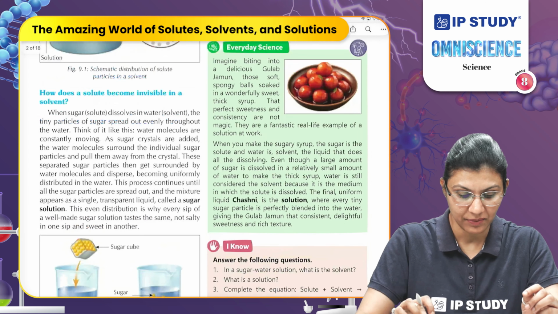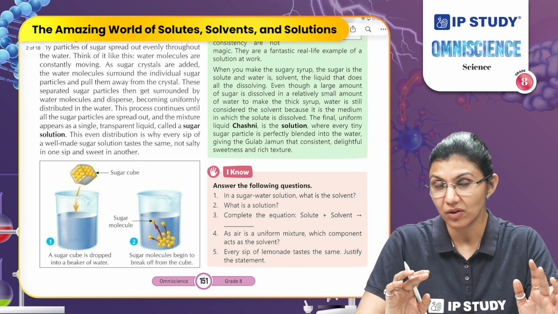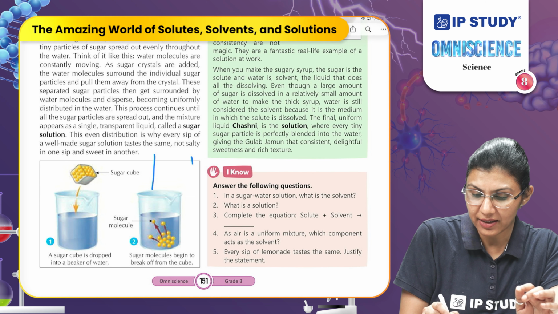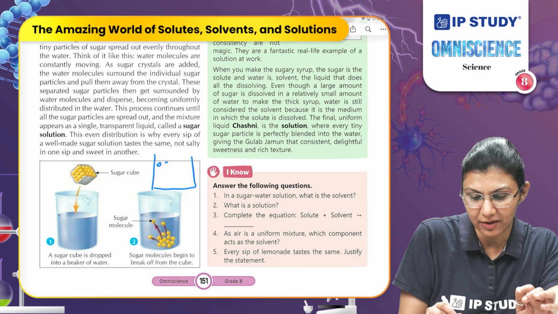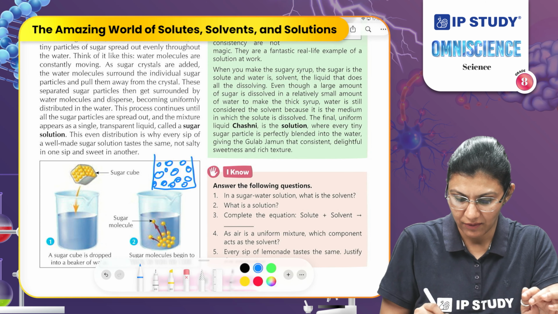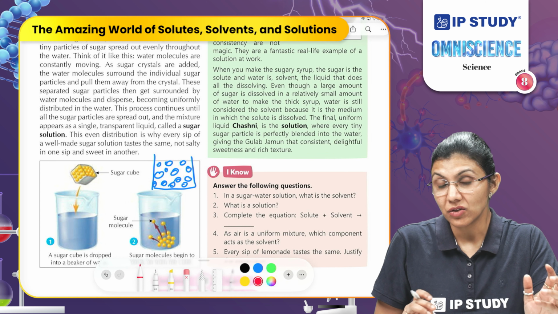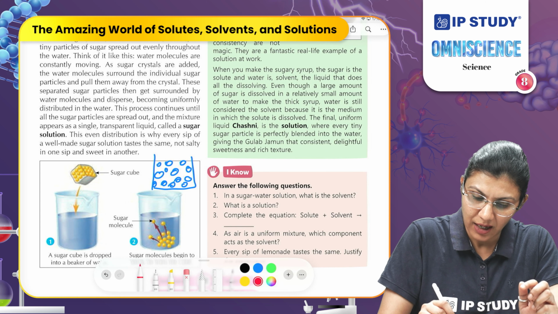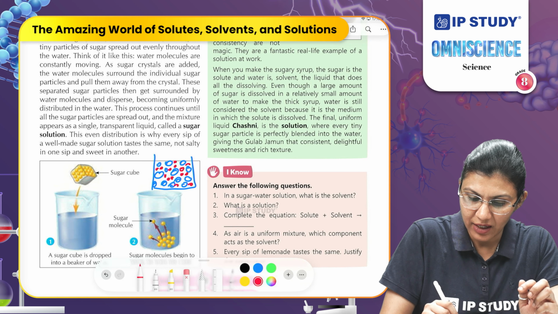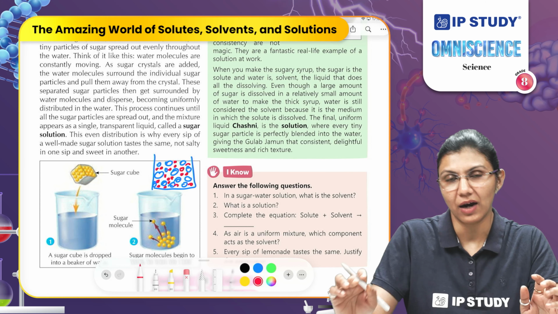Let's understand that. When we are dissolving a solute in a solvent, we know the solvent which we are taking here is a liquid substance and it has some interparticle spaces between its particles. Now, what happens when we are adding a solute? The particles of the solute settle in these spaces and we cannot see these particles anymore after dissolving the solute.